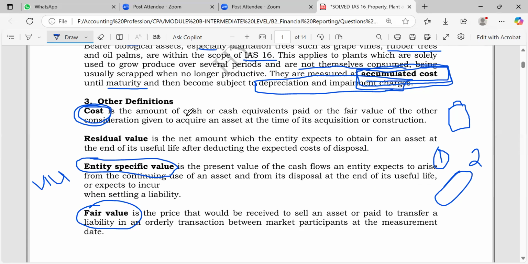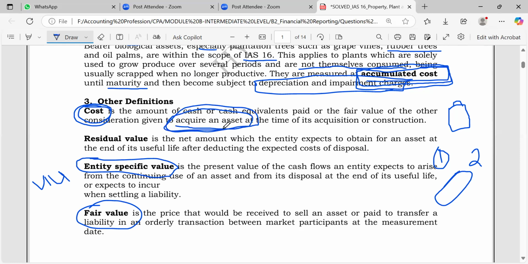So this is my point. Whenever you study all these definitions, you can get the picture. Okay, so I'm studying this because maybe I already have one asset and I'm trying to measure the value of that asset. Maybe I do not have an asset, I need to acquire it, right? So cost, we are told, is an amount of cash or cash equivalent paid or the fair value of the other consideration given to acquire an asset. Simply speaking, when you speak of cost, you speak of acquisition of an asset, right? To acquire an asset, you